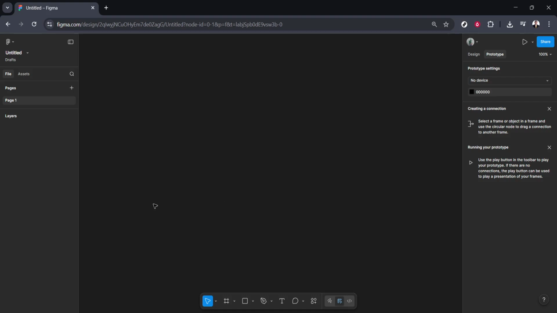In today's video, I'm going to teach you how to use pattern fill in Figma. Pattern fills are a fantastic way to add unique textures and visual interest to your designs, allowing for a high degree of customization directly within Figma. We'll walk through the process step by step, ensuring you understand exactly how to implement this powerful feature in your